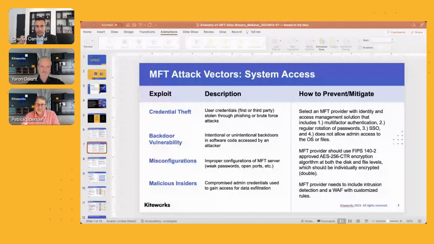And when I think about what occurred over those three different mass exploitation events, essentially the threat actor was able to get privileged access to those systems. They were able to deploy code by way of web shells onto those devices. They were able to get access to credentials and log in and download data at scale at a lot of different organizations before the vendors even knew that there was a security vulnerability being exploited. But outside of those three main campaigns, we see attacks against MFT products or other applications all the time where there's some level of phishing involved, where somebody's credentials are stolen.